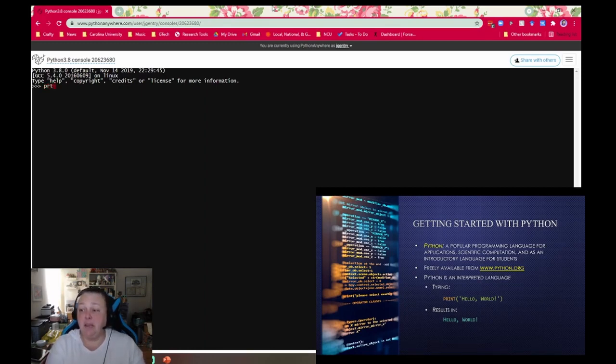I can go in here and type print with my quotes, hello world, and then I can hit the enter key. Once I hit the enter key, you can see that line has been executed. It mirrors back the words that I put into those parentheses, or those quotation marks, and it just says hello world. Let's go back to our PowerPoint real quick,